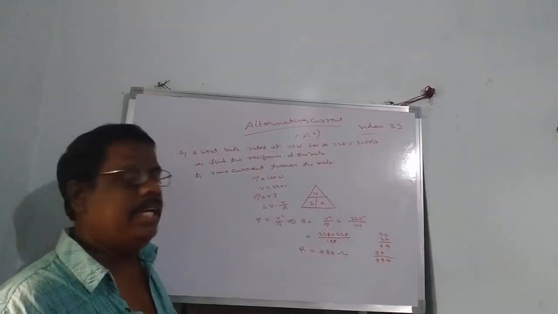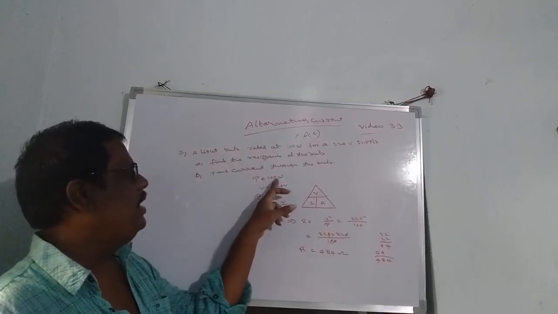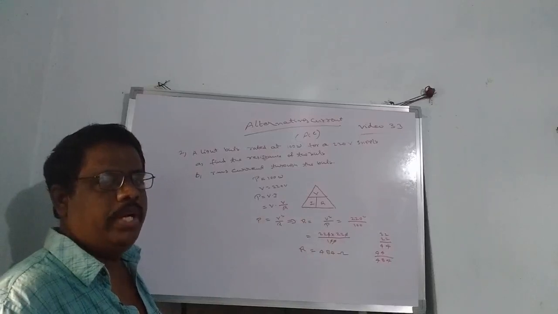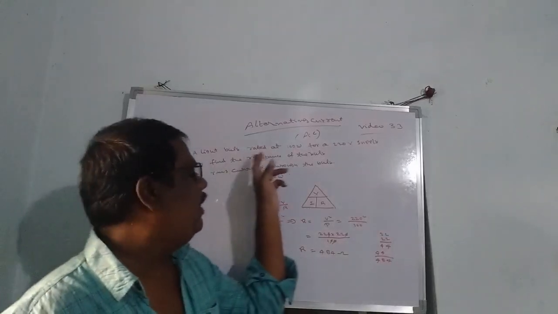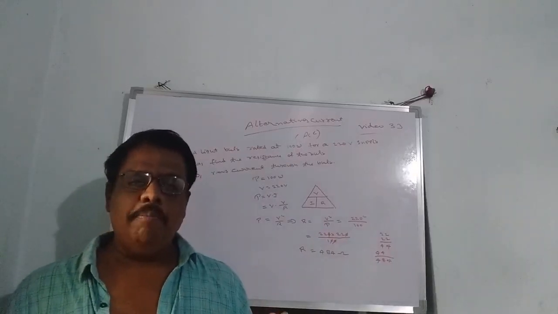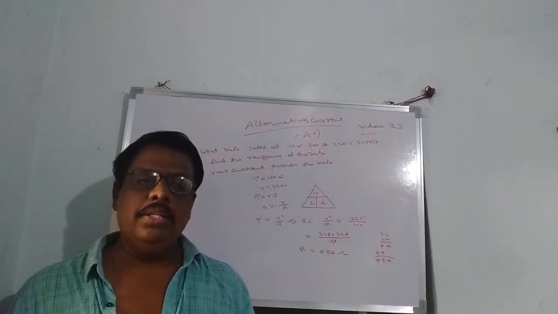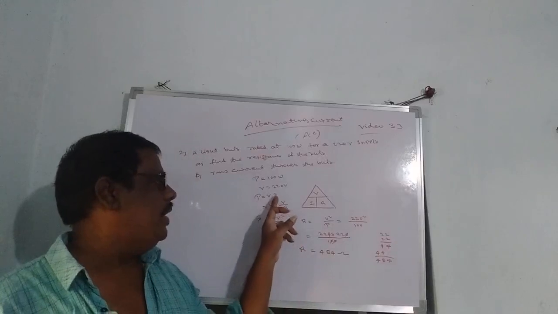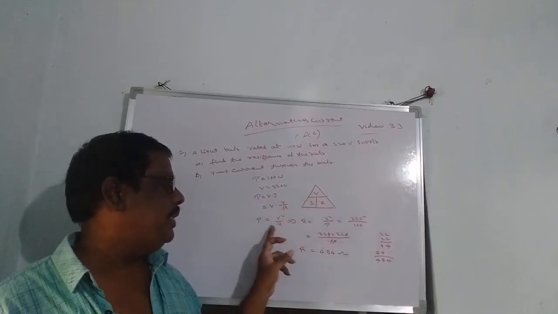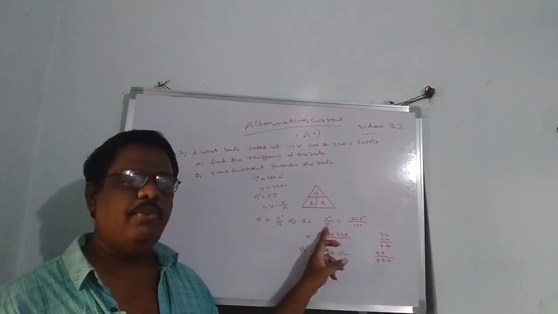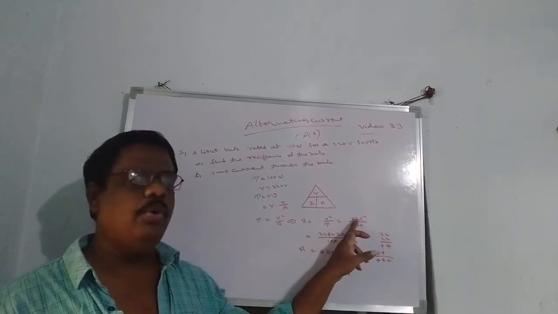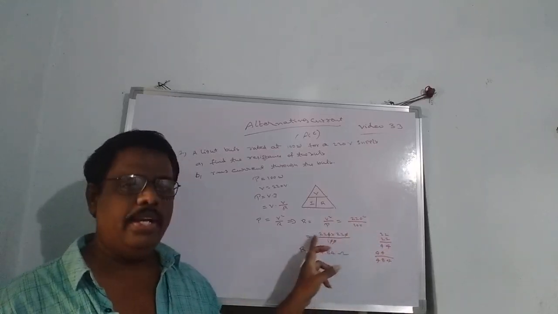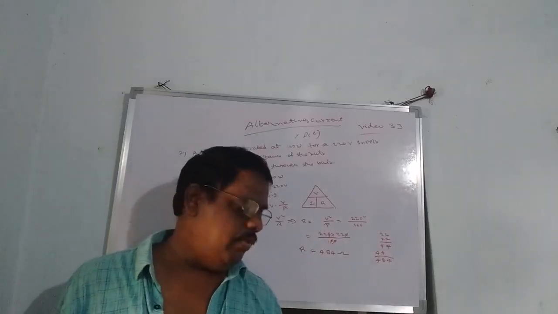So this is the first case we have done. Here the P value is 100 watts, voltage is 220 volts. The power formula is the product of voltage and current. In household appliances, all are connected in parallel. So in parallel combination, voltage will be the same, current will be divided. Current will be V by R, so it becomes V square by R. R is equal to V square by P. Substitute the value: V is 220 squared, by 100. Finally we get the resistance value equal to 484 ohms.